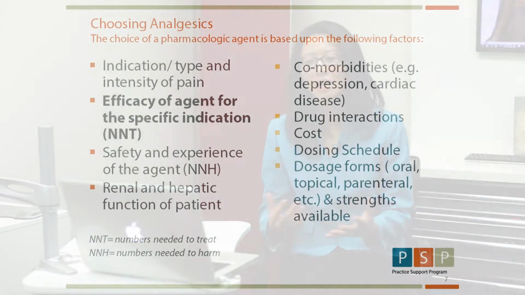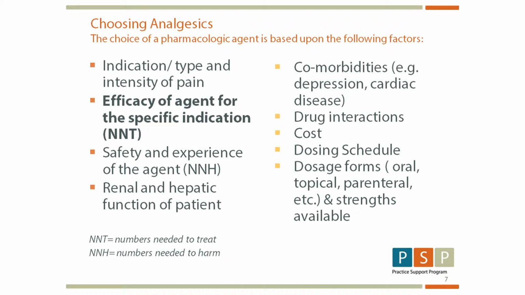Before I launch into the next medications, I just wanted to highlight the principles that influence how we choose those medications. They include the type of pain, the intensity, if a patient can be compliant with the dosing schedule, and if they even have access to it, because financial circumstances can limit the options. But in the literature, they use the principles of NNT, numbers needed to treat, and NNH, which is numbers needed to cause harm. So in these next few slides, I'm going to be talking about common anticonvulsants.